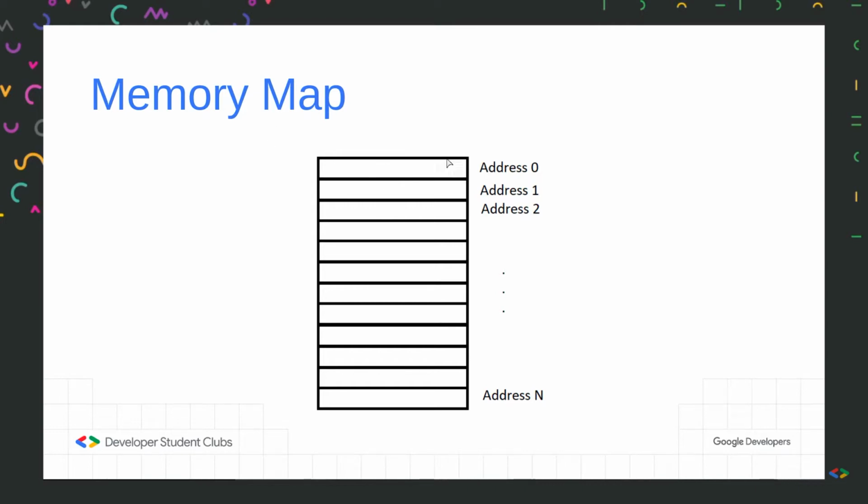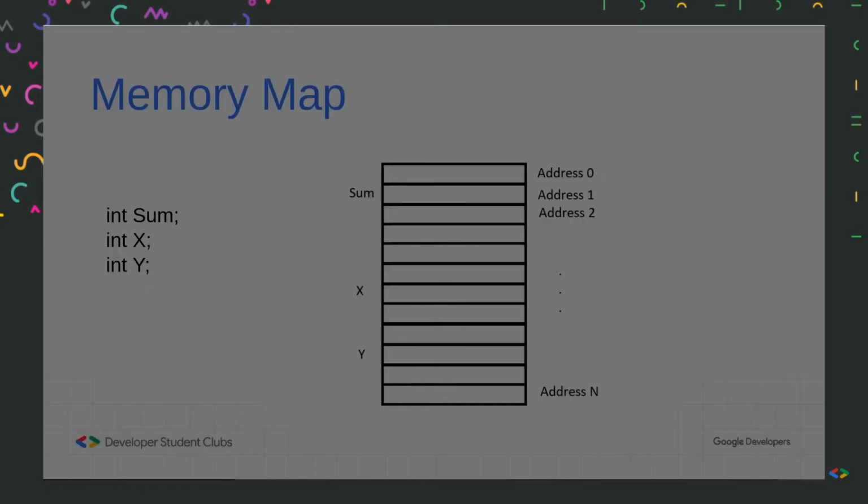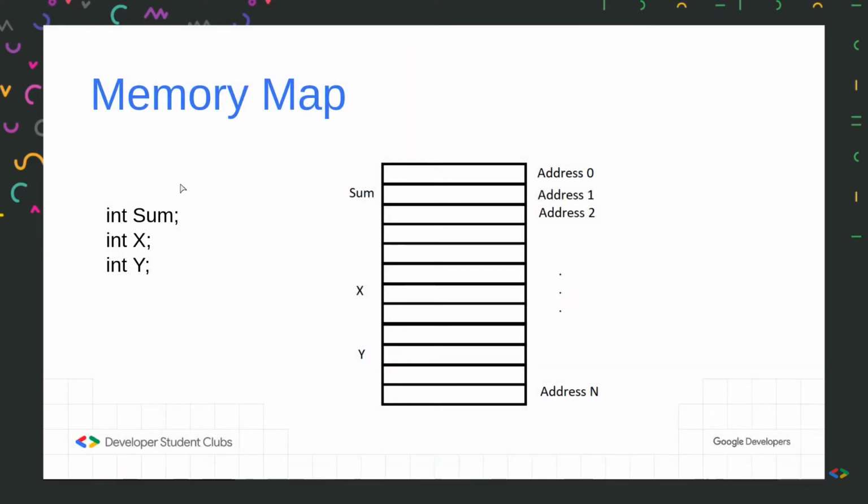And each of these boxes has an address, and this address is fixed, and basically these boxes are the empty space that can be utilized by our program while implementing various functions. So I'll explain this in a bit more detail. You all know we declare variables in C++ in this style, right? Write int sum, int x, int y. So I've declared three variables: sum, x and y. I'll cover what int is. For now, just consider it to be a data type which stores int values.